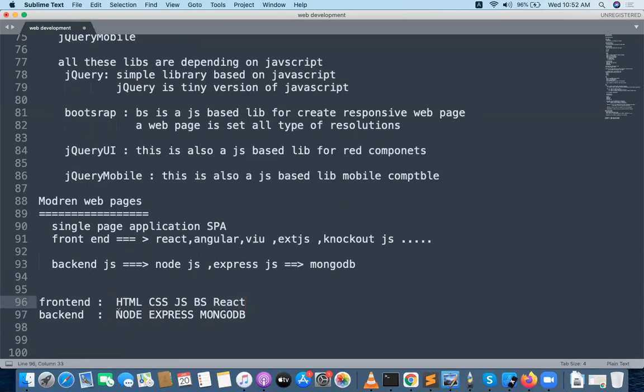Coming to the back end, Node is a very interesting one, which is going to connect to the servers, generate the APIs, and integrate with the MongoDB databases. MongoDB is a NoSQL database. There is no SQL query inside it. It directly writes in JSON format, which is very interesting. This back end is a JS related back end.